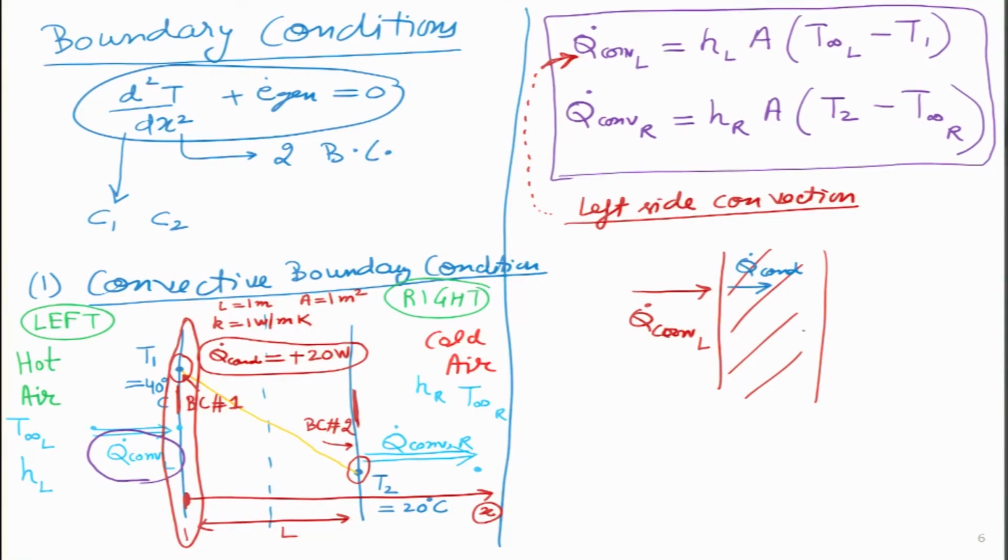Which means I can now write this in equation form. What I have written over here is that the convection on the left side is equal to the conduction, and this conduction I am writing at x equals 0. Remember that when transient analysis is taking place, or heat generation is taking place, the temperature profile may not be linear. What it means is that the slope of the temperature may actually change.